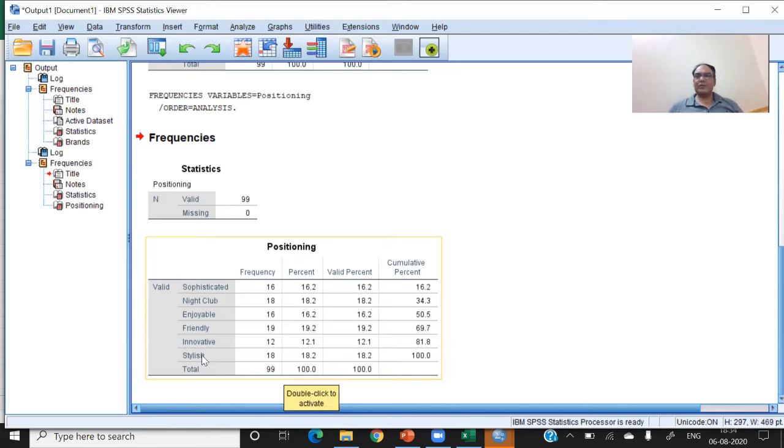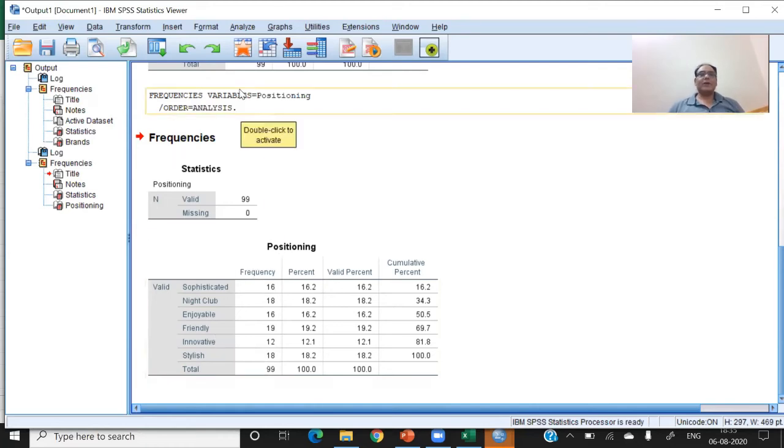So I asked my students, brand name is very common, so you can get the details of the brand name from the market. That is not a problem. But where did you get these images? What is the source of these images? They said that almost every year the companies do advertisements, and whatever they say about their brand, that it is a sophisticated brand, or they are showing nightclubs, or they are saying enjoyable. These are the keywords they pick from their advertisements, after watching the advertisements and understanding the positioning strategies of the company. So these words come from there. Now, 9 brands, 6 images. This is the data. Then I want to find out the cross tabulation.